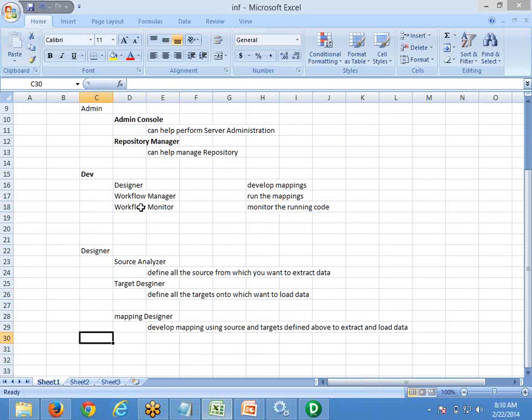These are the major components for us: Source Analyzer, Target Designer, and then Mapping Designer.